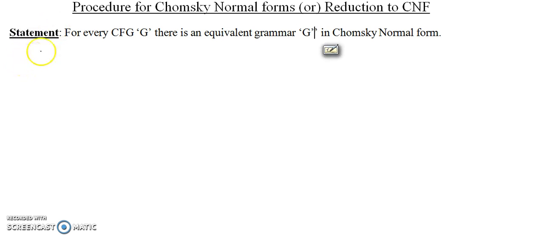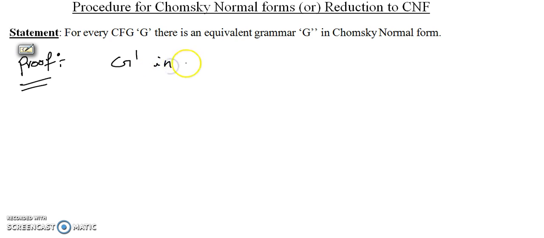So the solution for this statement is that the proof is, basically we have to construct a G' in CNF, Chomsky normal form. So if you want to construct the equivalent G' for this G, the step one is that,